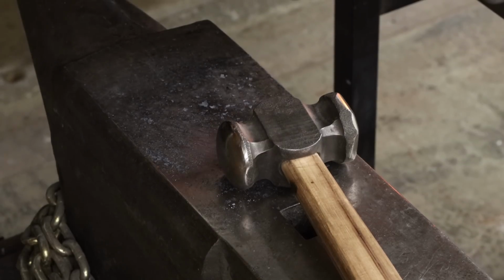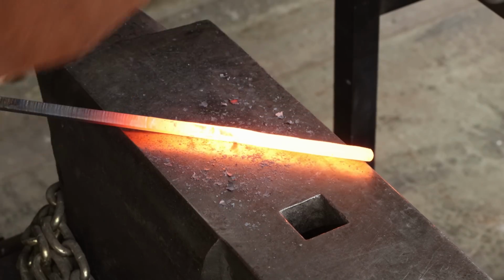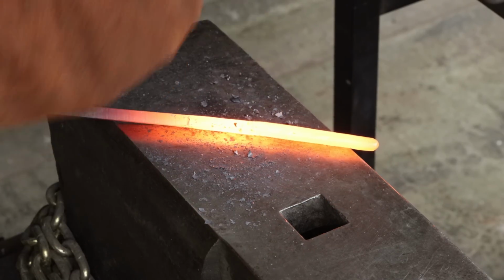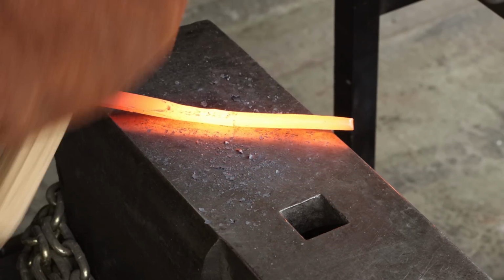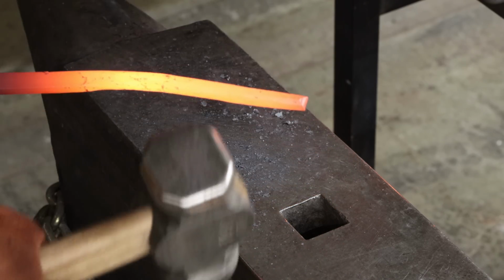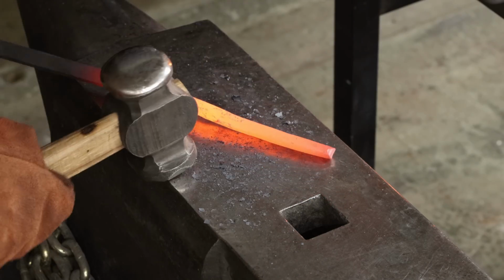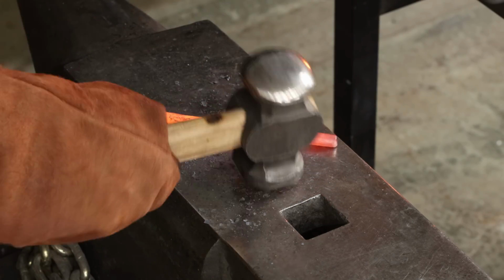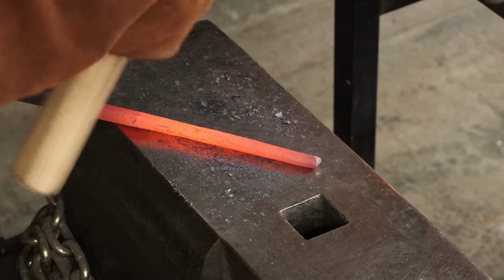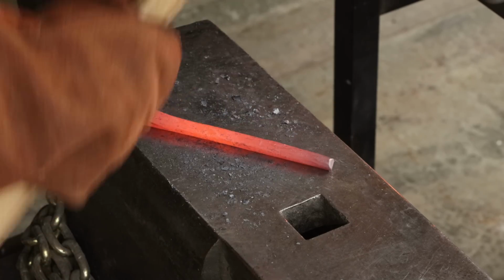Okay, so the end of these are starting to round out pretty nice. So I'm just beating down the corners. I beat down the corners. I give it a nice little round out. Now you'll notice as I do this, the whole thing moves around and turns into spaghetti. I flip it over to the flat side of my hammer and I start straightening things out. You know, just a tap here, a tap there. Whichever side is bending up, I give it a tap, straighten things out, kind of round out the